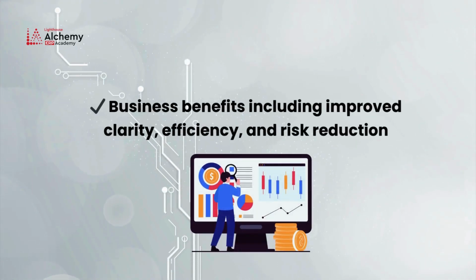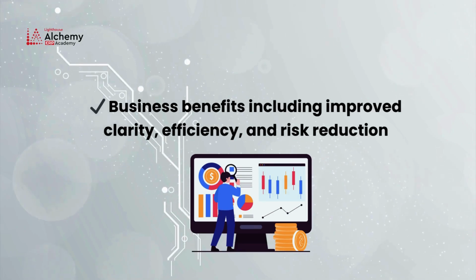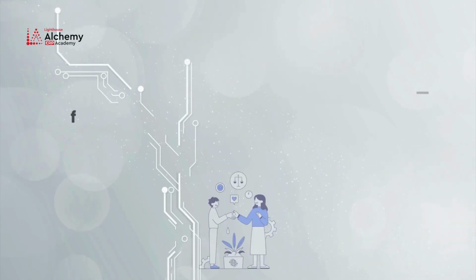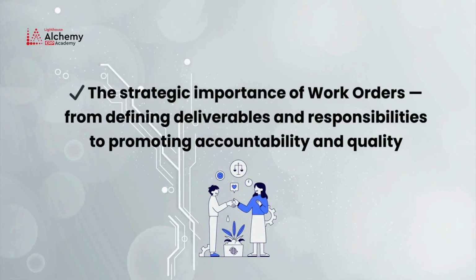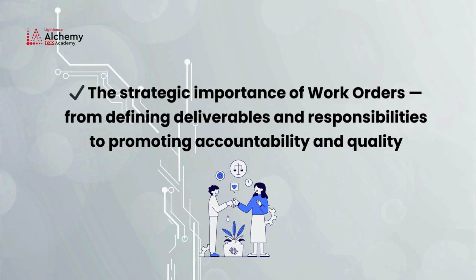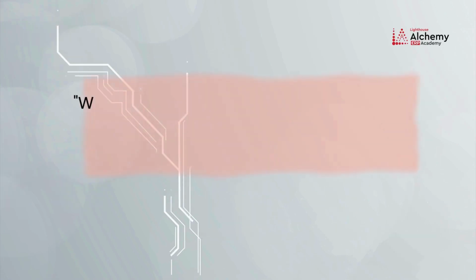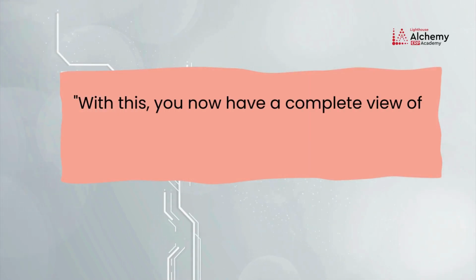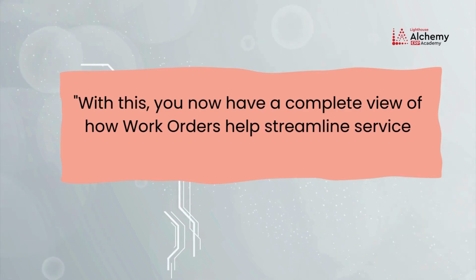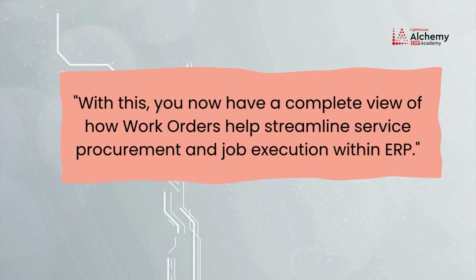Business benefits including improved clarity, efficiency, and risk reduction. The strategic importance of work orders, from defining deliverables and responsibilities to promoting accountability and quality. With this, you now have a complete view of how work orders help streamline service procurement and job execution within